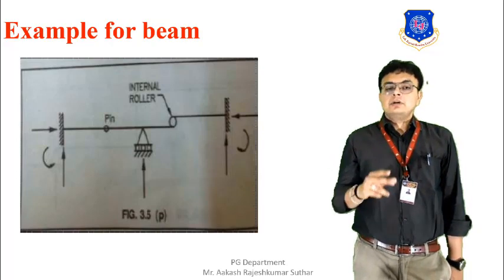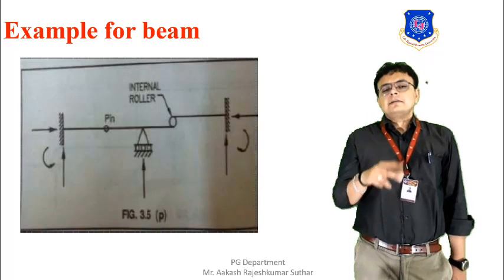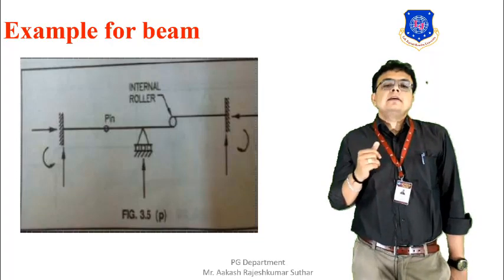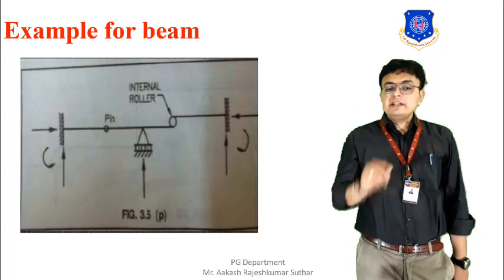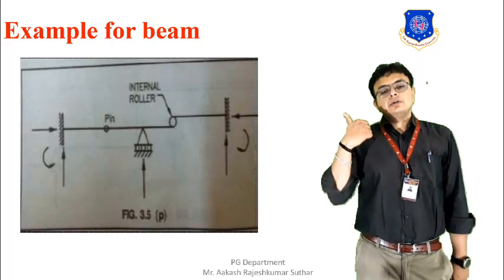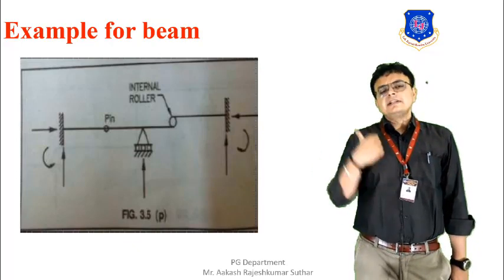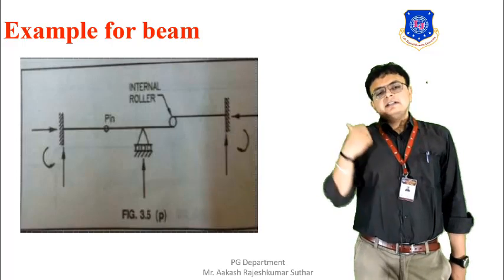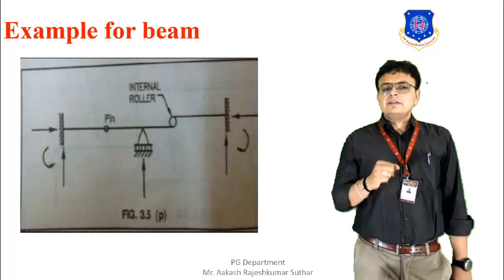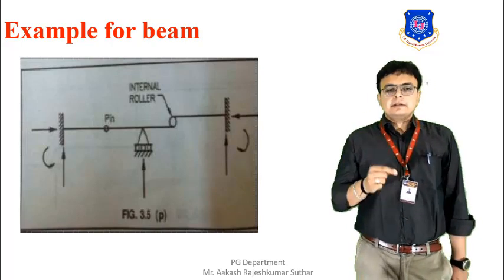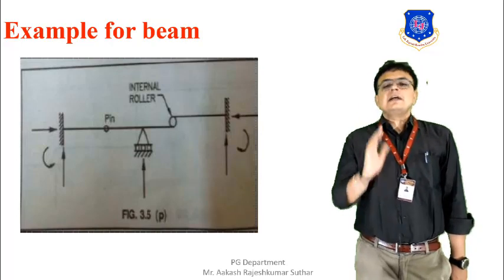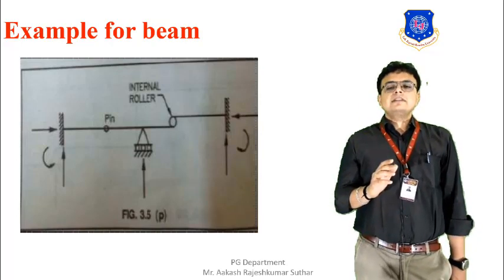Now, on one side, between the fixed support and the roller, you can see a pin. And on the other side, between the roller support and the fixed support, you can see an internal roller. It is also written over here that wherever the internal roller is there, it is designated in the figure. A similar kind of thing is also done for a pin. So this is all the arrangement that is being done. Further solving this sum,